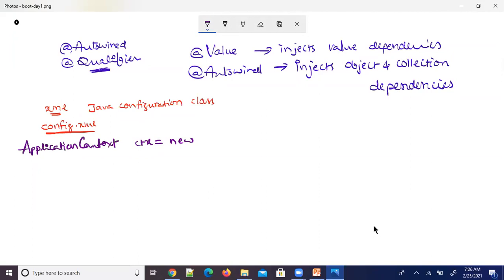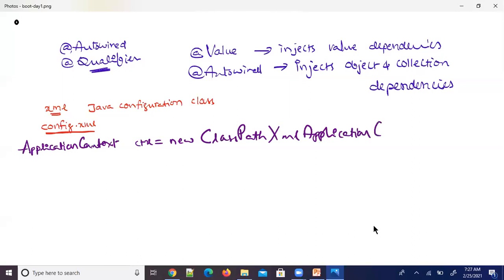I think you know this class. You are providing something like config.xml, like this you are writing.